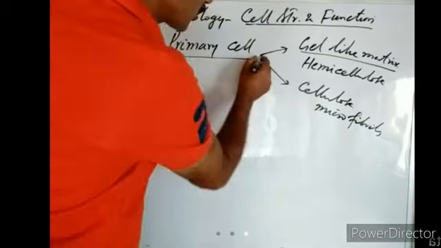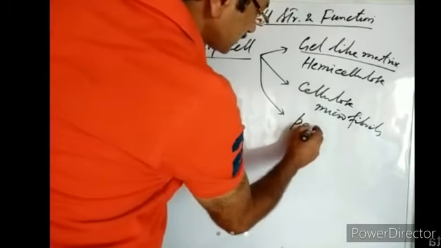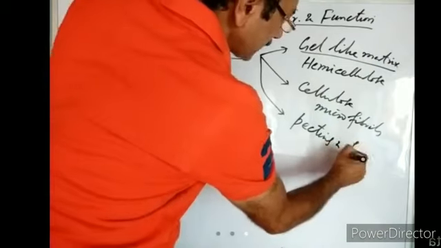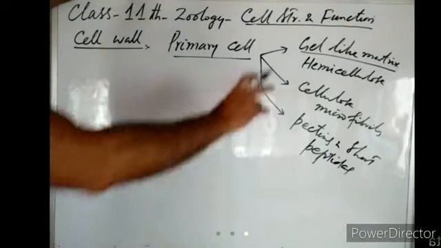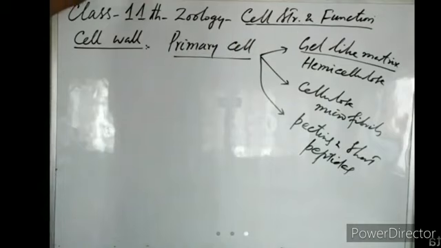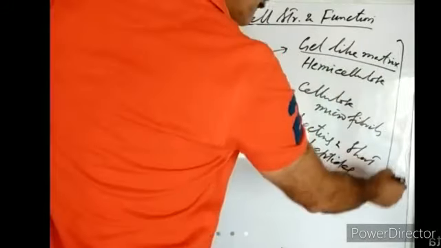These cellulose microfibrils are joined by pectins and short peptides. They join the cellulose microfibrils in the form of a network. So all these components together form the primary cell wall. So the composition of the primary cell wall is a gel-like matrix of hemicellulose. In that matrix, there are cellulose microfibrils in different directions in the form of a network. And those cellulose microfibrils are tied together by pectins and short peptides. So this forms the primary cell wall.